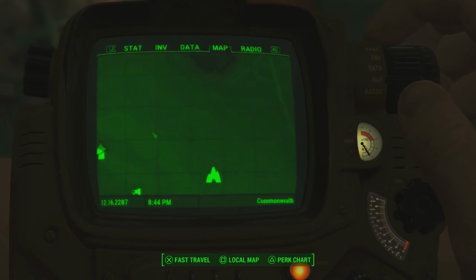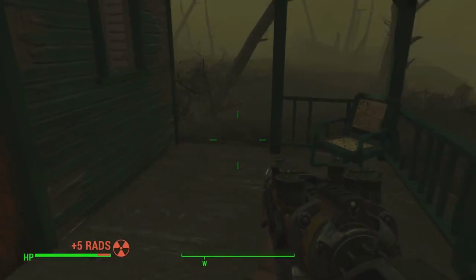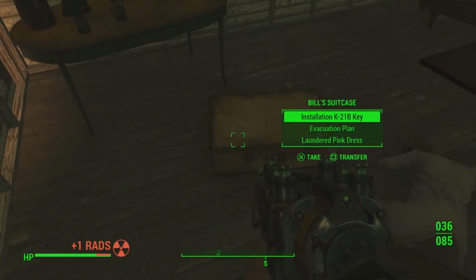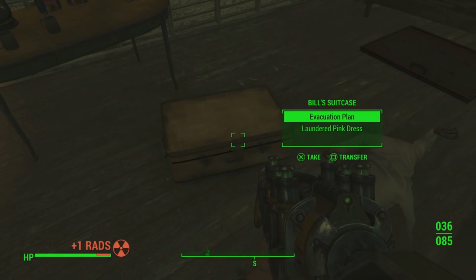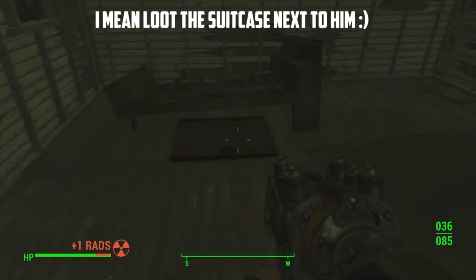Another location for X-01 power armor, and one of my personal favorites just because of the location that it's in, is the abandoned shack in the Glowing Sea. You can find this located right here on your map, and you want to make your way into the abandoned shack itself. And in Bill's suitcase, which is just the suitcase next to the dead body, you'll find a key